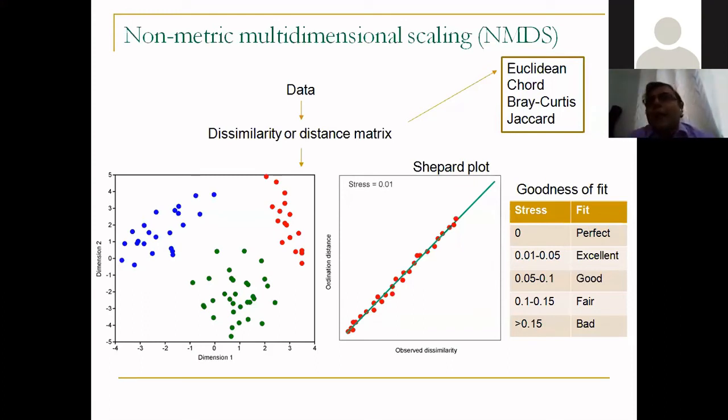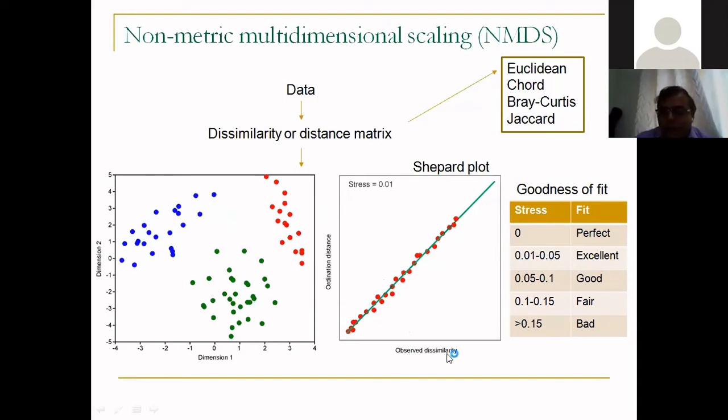To give you an example, let us suppose I want to plot the distance between Pune, London, and New York. See, the problem is, if I want to plot it in 2 dimensions, it is going to be weird, because we live on a 3-dimensional globe, and the distances are 3-dimensional, and if I try to plot these distances in 2 dimensions relative to each other, then I have to distort those data and put it. So what non-metric multidimensional scaling will do is, it will distort the distances and plot it, but it will give you some statistics to understand how much distortion has happened. So that is done by something called a Shepard plot. So in a Shepard plot, we have observed dissimilarity.